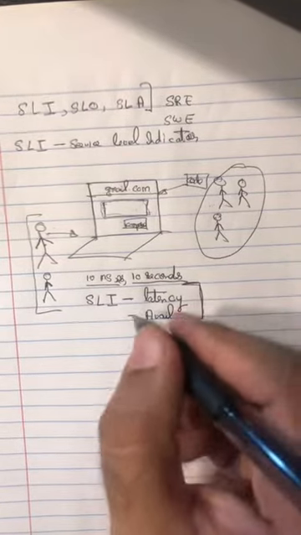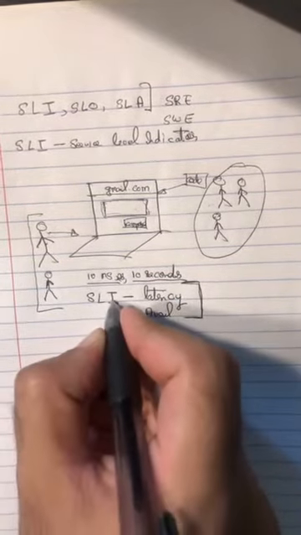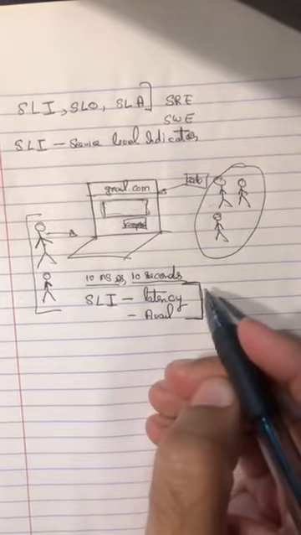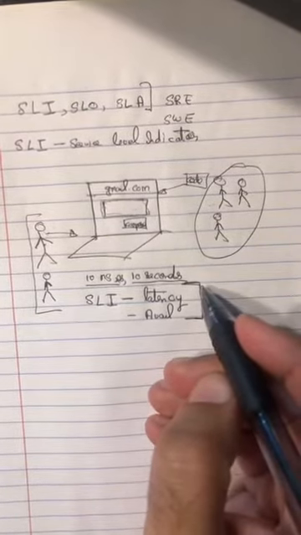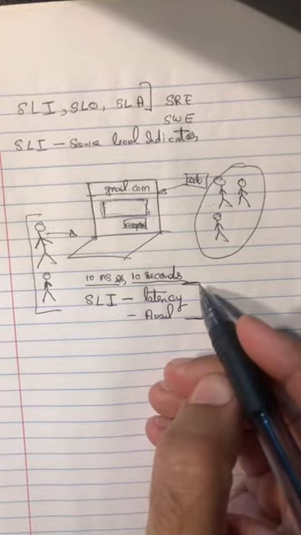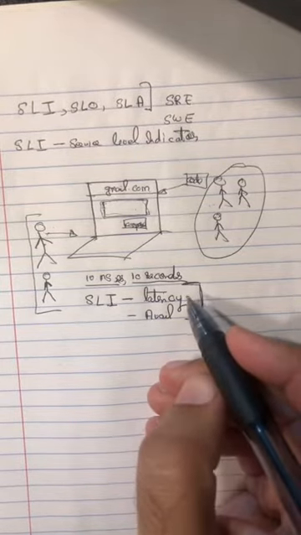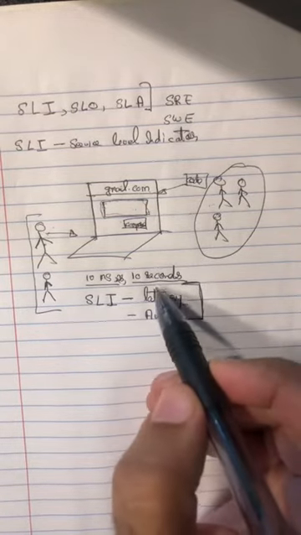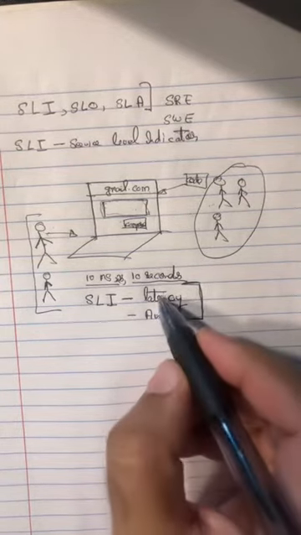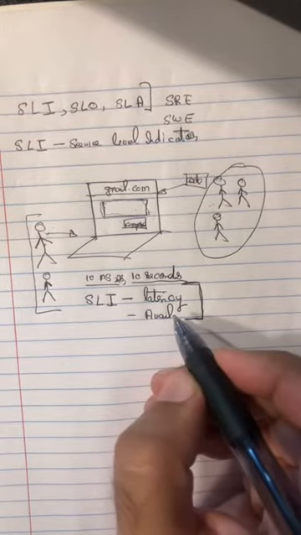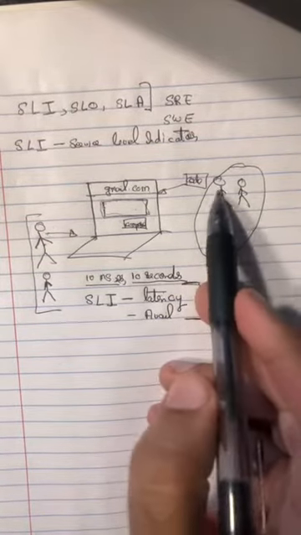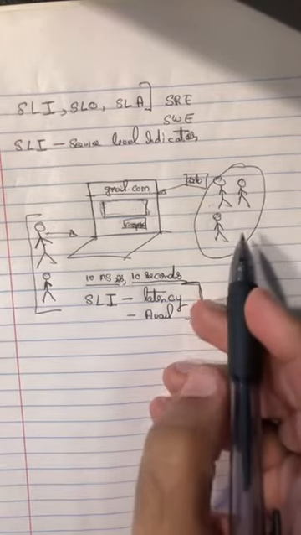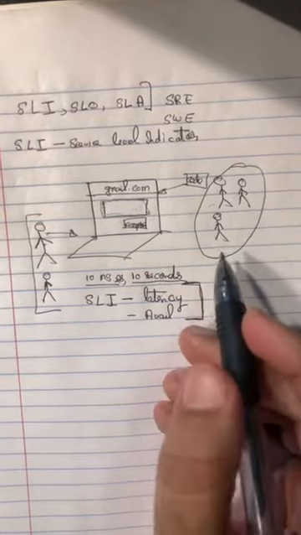Now, so that is what is called an SLI, service level indicator, which indicates the performance of your service from the user's perspective. So far so good, right? Now, you have defined that you want to measure latency and availability. The next thing this team needs to define is how they are going to measure it. That is mostly technicalities at this point.